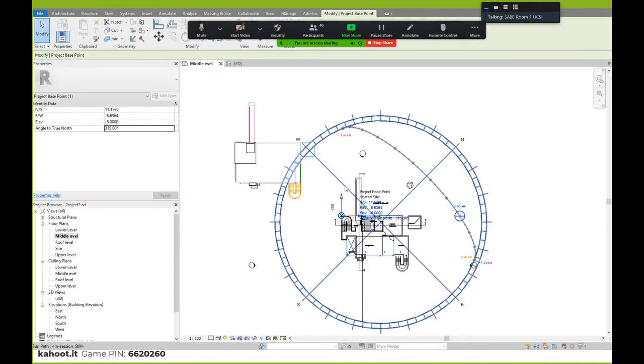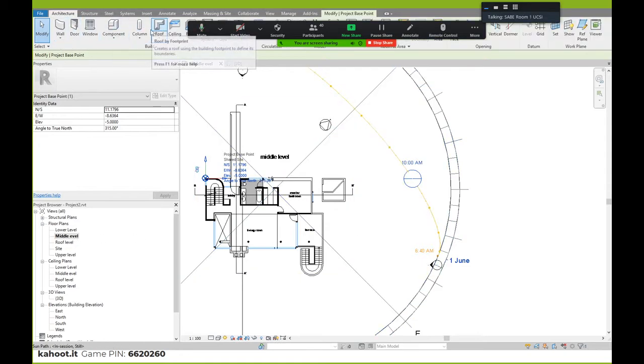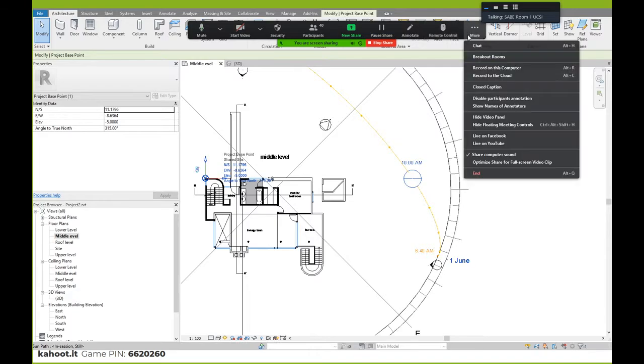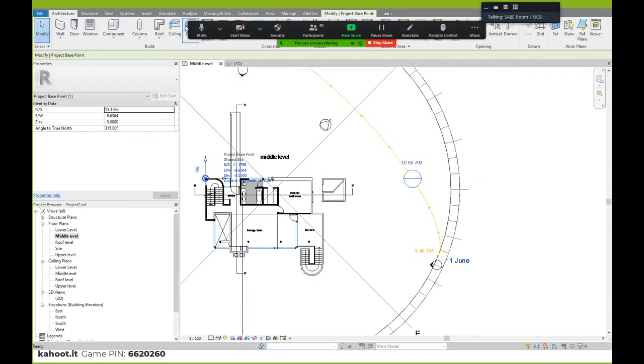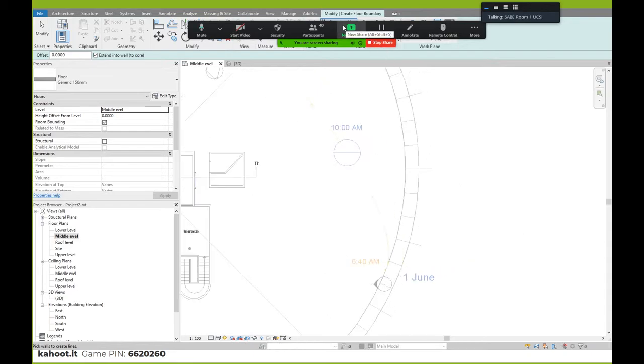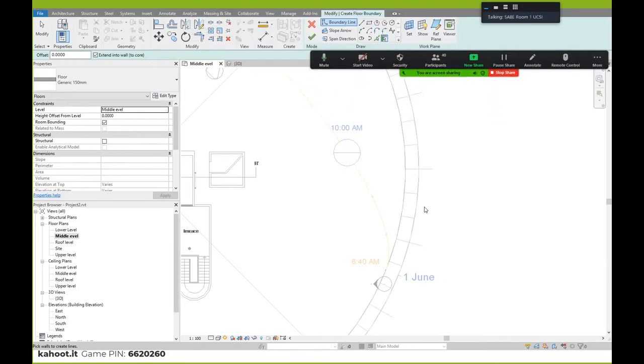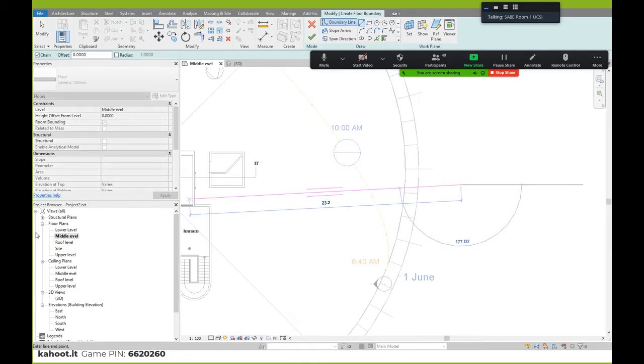So okay, I will do it in front of your eyes. So for example, let's forget about the project and I create what they call a floor. So I will click floor. As you can see, when I click floor, Revit will give me these tools in order to draw my floor. For example, let's say I will use this line tool,